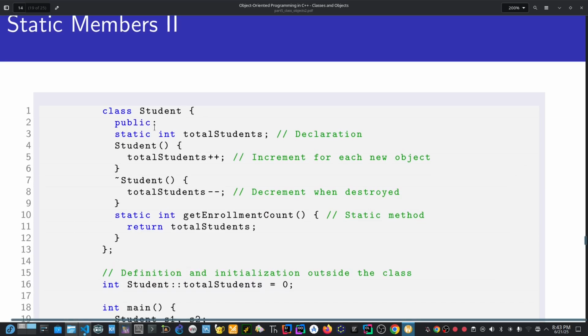We create our class. We have public static int totalStudent declaration. Then we also have a default constructor, which is not taking any argument or parameter here. Then for totalStudent, we increment it for each new object created, right? Then we have a destructor. We have a destructor here to